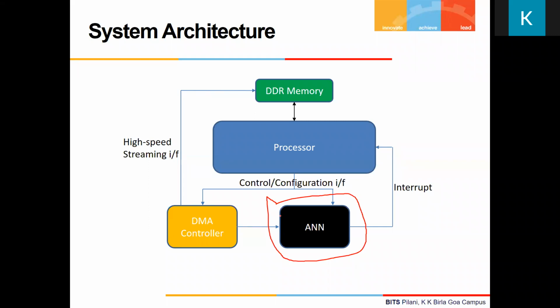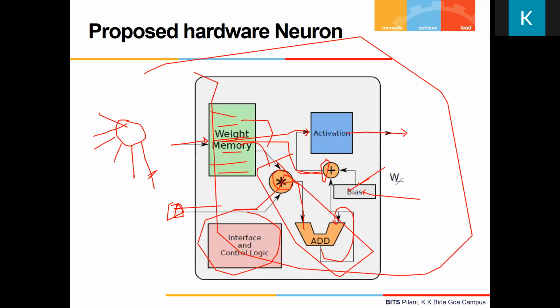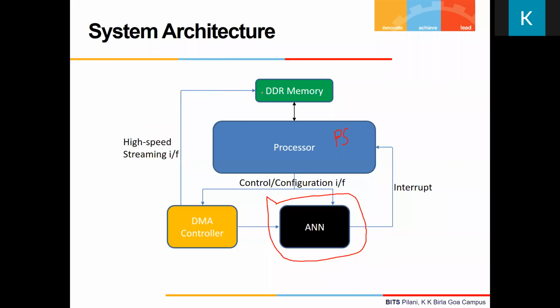This can be again in any traditional FPGA, or for me, I mostly work with the Zynq SoC platform. So in case of Zynq, I already have a PS here, processing system. If you're using other FPGAs, no problem. You can use a MicroBlaze in case of a Xilinx FPGA, or Nios II in case of an Intel FPGA. So we have a processor, we'll have a DDR. The assumption is after software training, either the values are directly stored in the weight memory at the hardware design time itself. If that is not done, those weights are stored in the DDR.